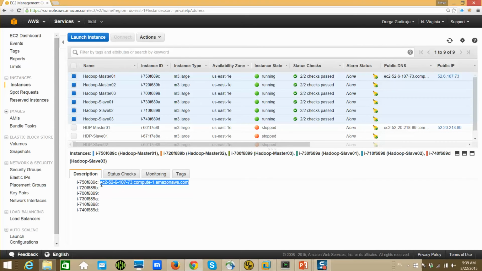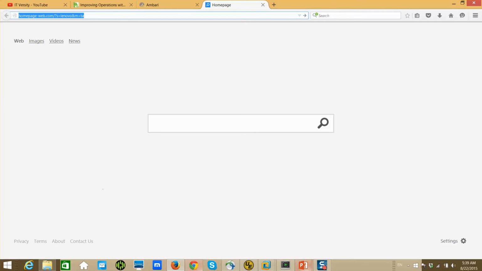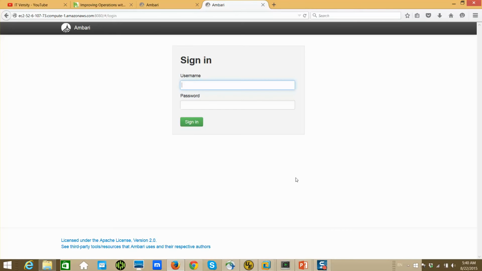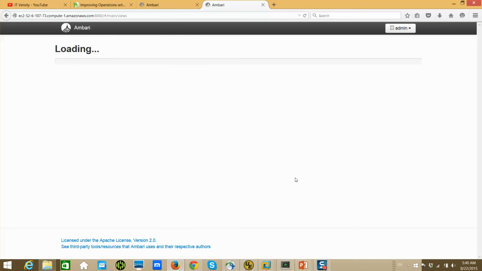I am going to the AWS public DNS and give the IP address colon 8080. Hit enter. It is asking for username and password. In our case it is admin. You can hit enter,